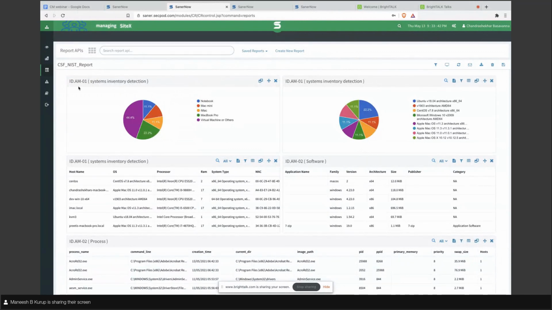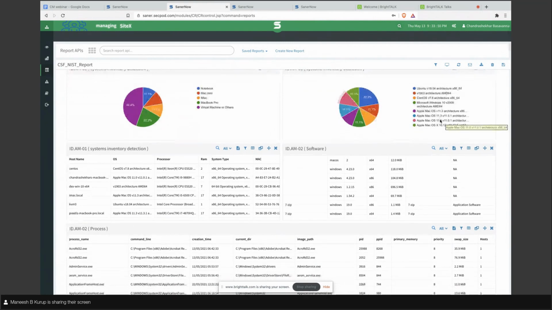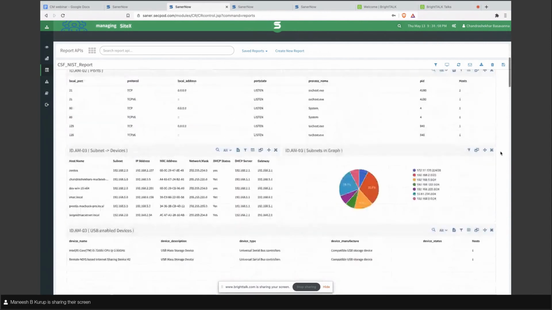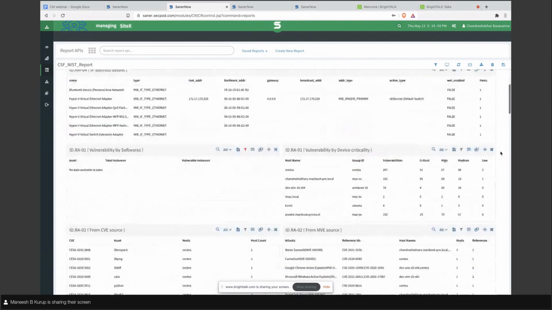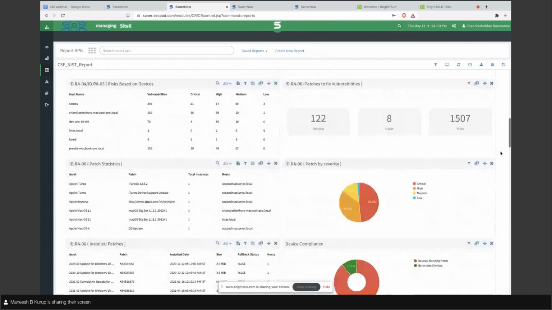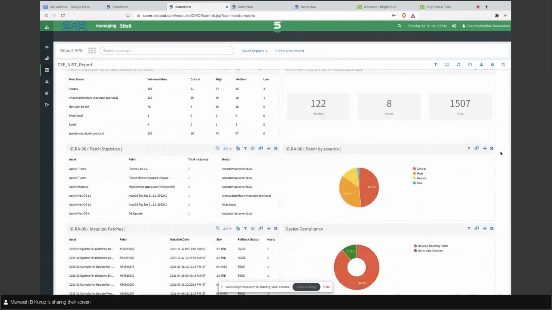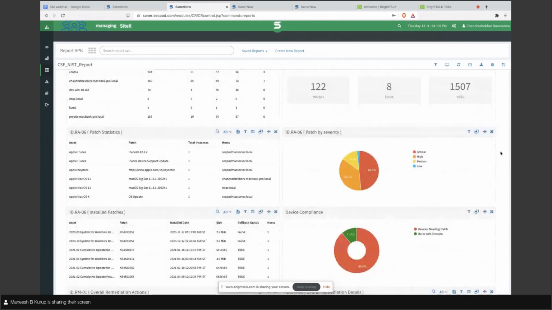So various NIST identities or IDs are provided, and it is listing various asset information, and all of them are part of NIST regulatory standards. So users should be able to get all these details in a single place. This is a customized report created for a NIST requirement. All of them are related to the IT environment information.